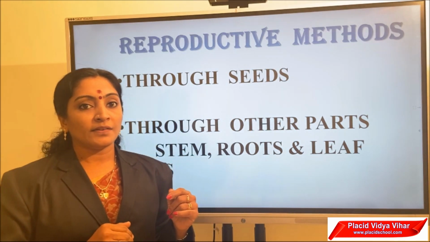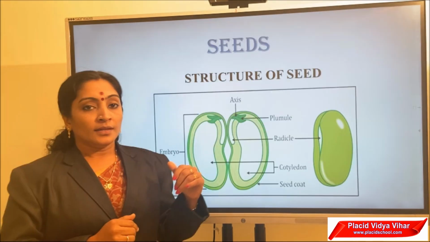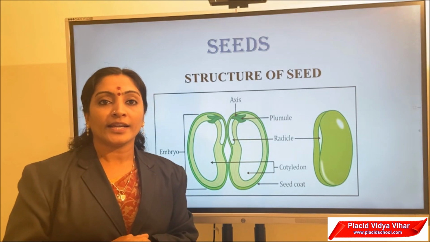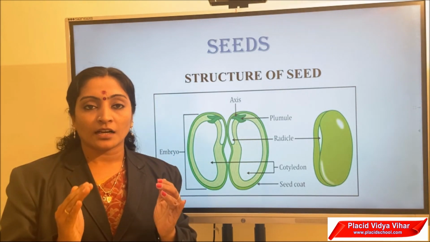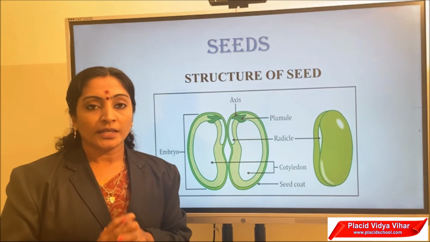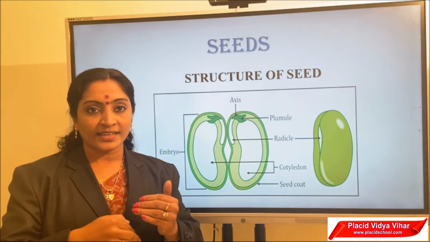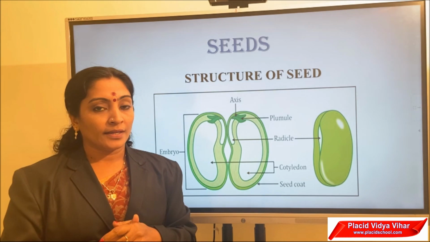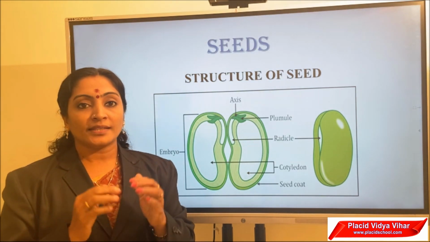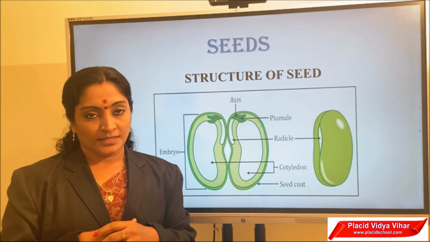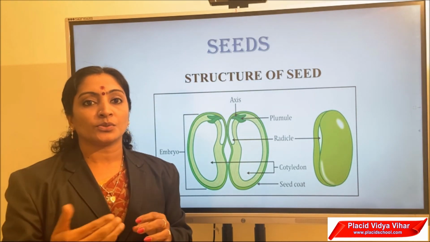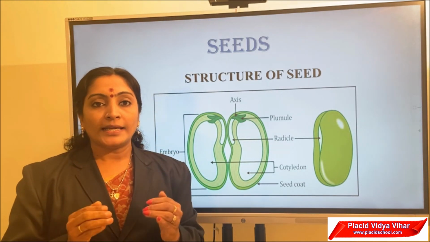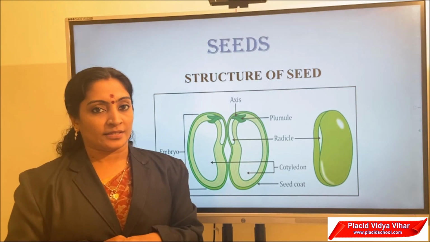Okay. Next we will see the structure of a seed. So, this is about the structure of a seed. A seed has three different parts. The outermost covering of the seed is called seed coat. It protects the parts present inside the seed. Then the second part is called cotyledon. It is also called seed leaves. It is the nutritive part of the seed, which means it provides nutrition to the developing embryo. In most of the seeds, cotyledons are kidney-shaped structures.